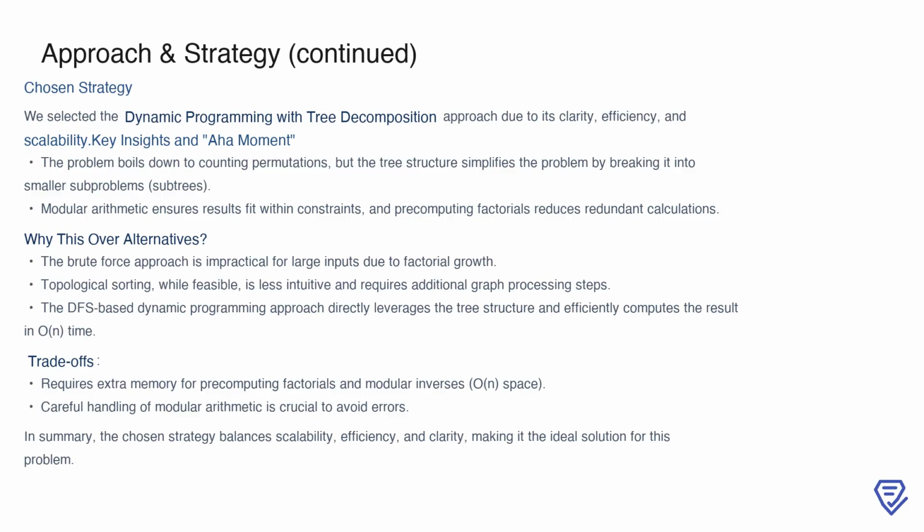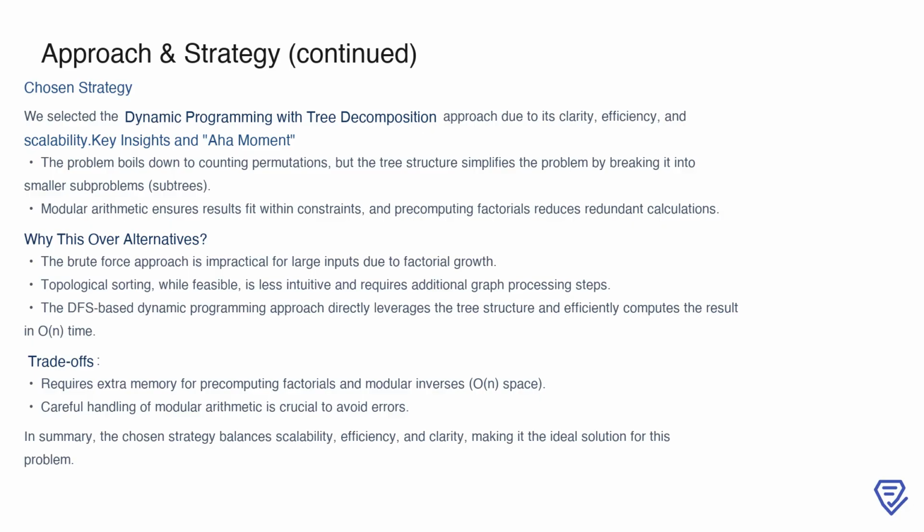The aha moment comes from recognizing that the tree structure naturally simplifies the problem into smaller, manageable subproblems. By breaking the problem down into subtrees, we can compute the valid orders incrementally. Modular arithmetic plays a crucial role here, ensuring that results stay within constraints, and pre-computing factorials eliminates redundant calculations, making